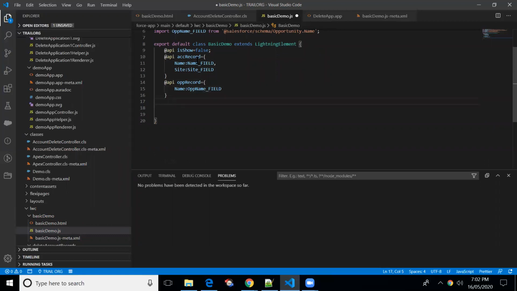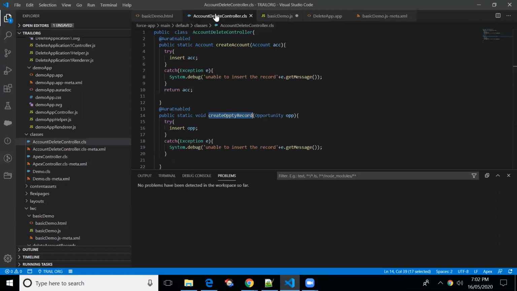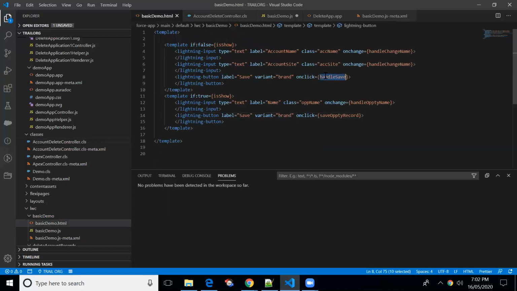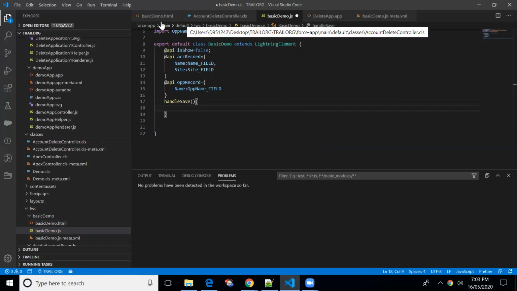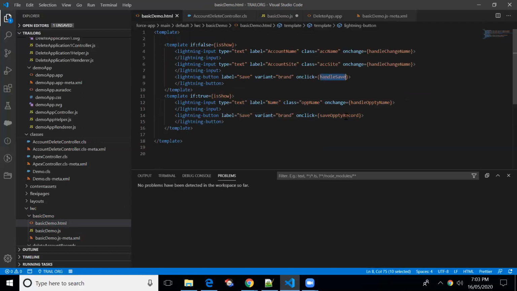Now I'll try to create this method, handle save. Let me create one more method, which is basically for saving the opportunity record.